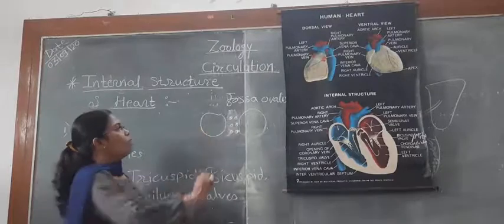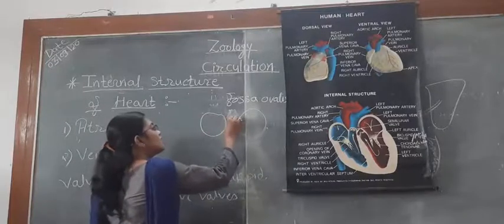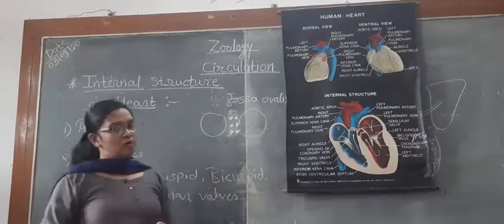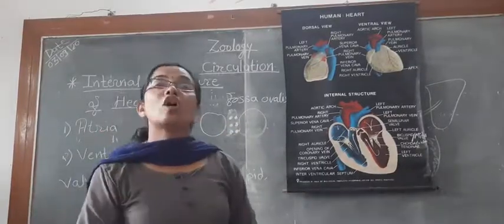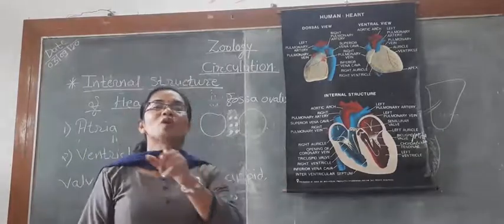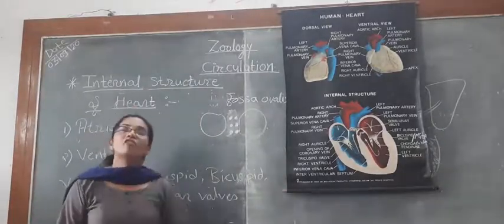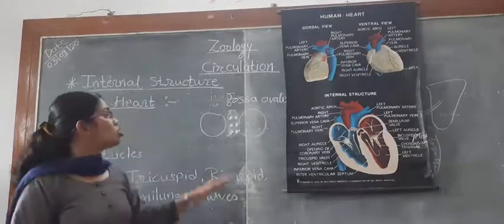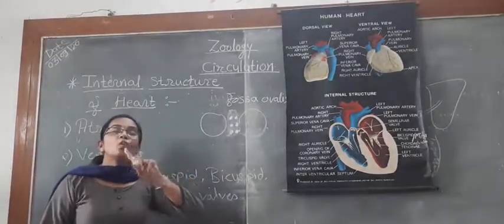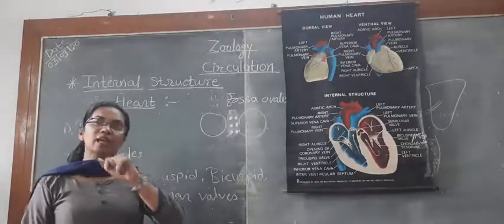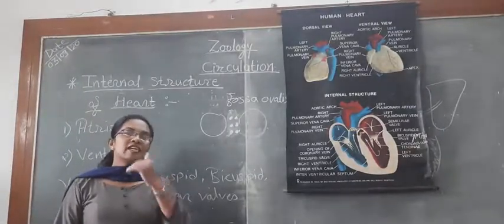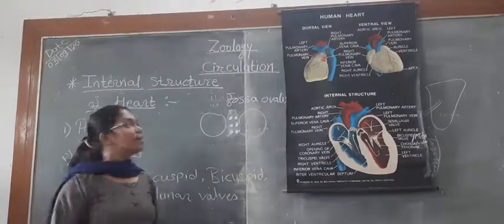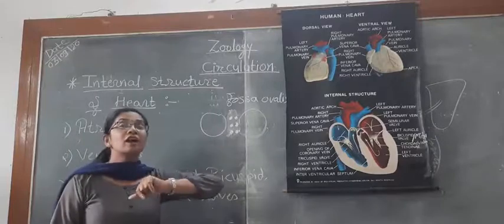But in a premature baby, this opening is not sealed. If this opening is not sealed, it is a hole in the heart at the time of birth. There is a high probability that this opening gets sealed within 1 year after the birth. But if it is not sealed, then there is a permanent hole in the heart.